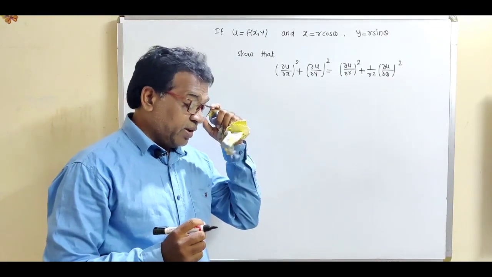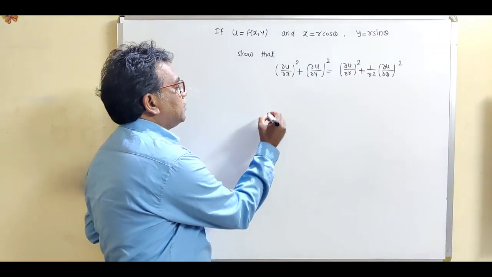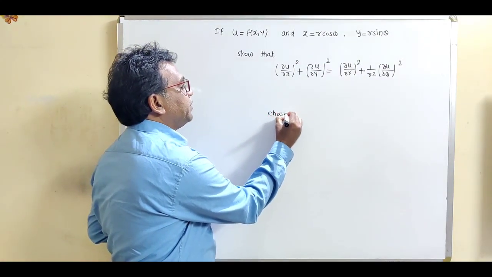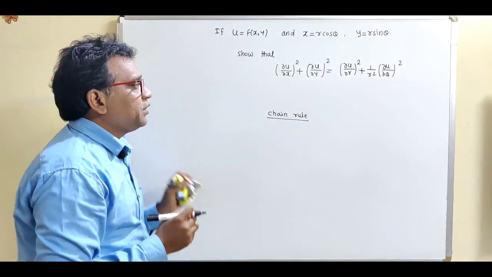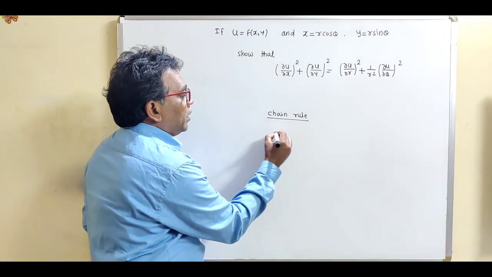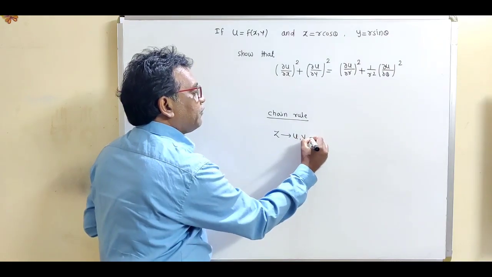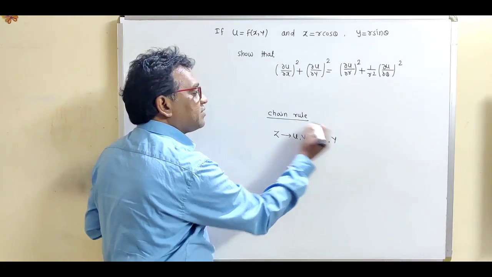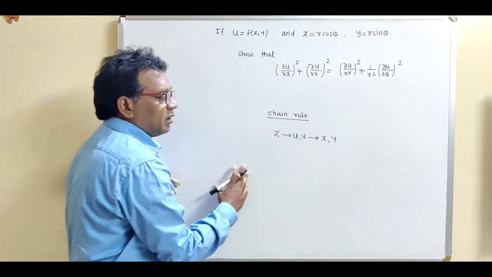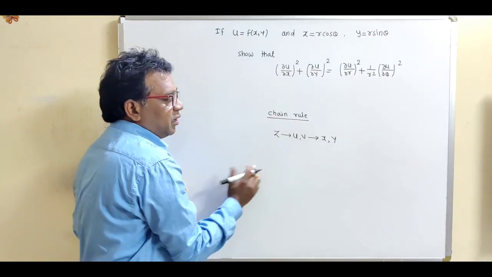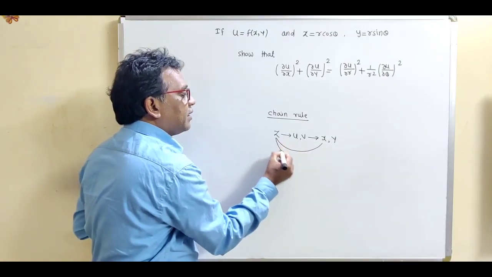Now in the previous video we have seen this statement of chain rule. Now see what is the statement of chain rule. If z is a function of u and v, and if u and v are functions of x and y, and this is the given chain, then according to chain rule we can define these two partial derivatives, del z by del x and del z by del y,